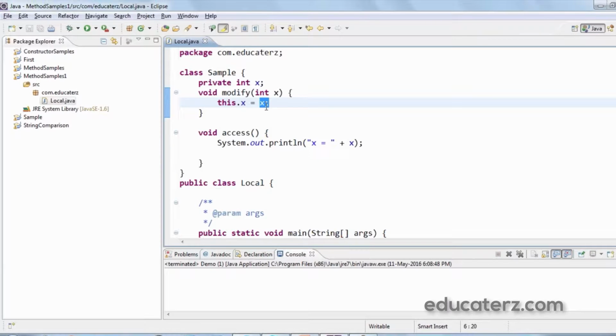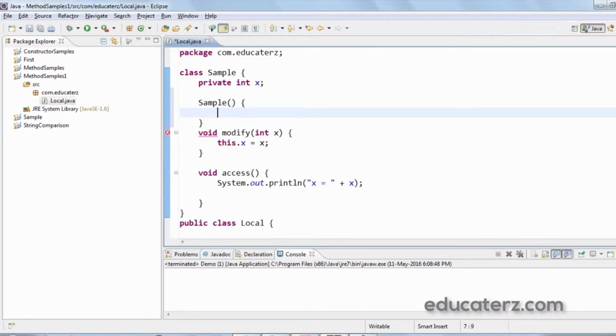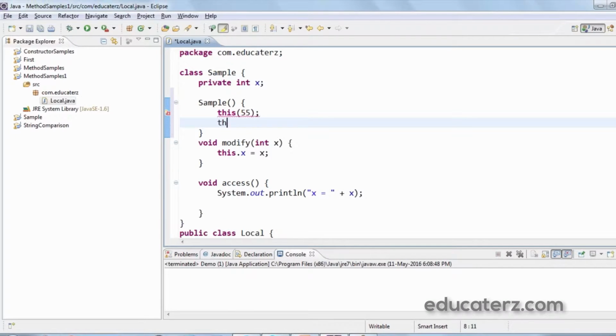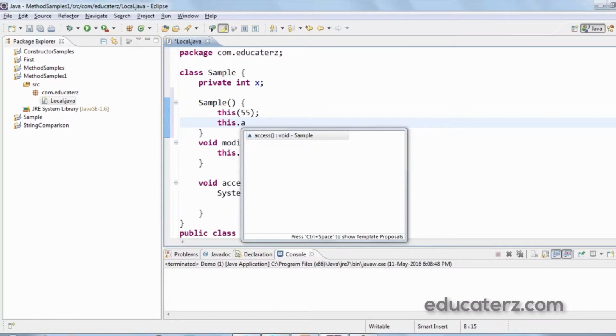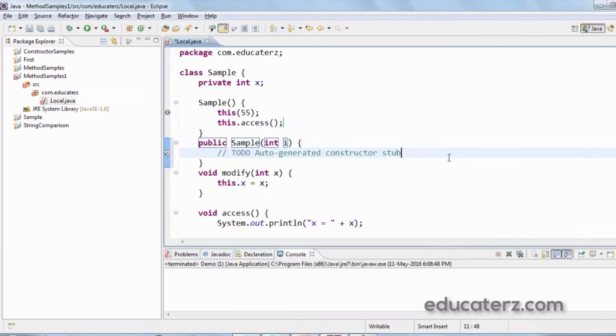So to understand this, let me take a sample. I would create a sample constructor in which I would access a parameterized constructor using this, giving an example of 55, and also I would access a method called this.access. That is, I'm calling the present class method. So I have to create a parameterized constructor for that.